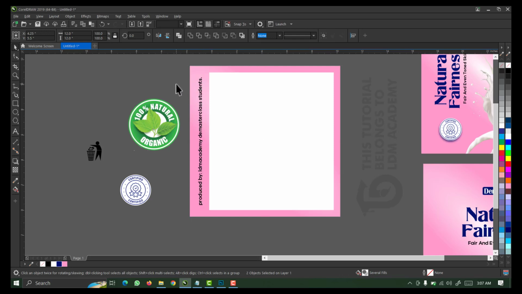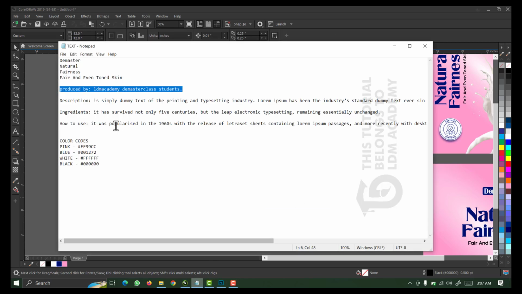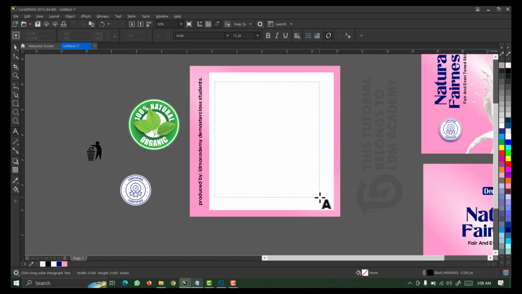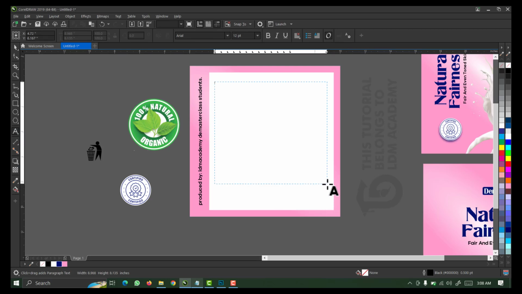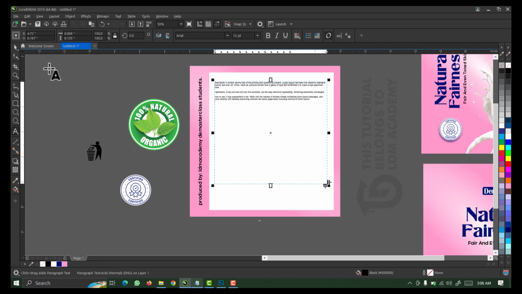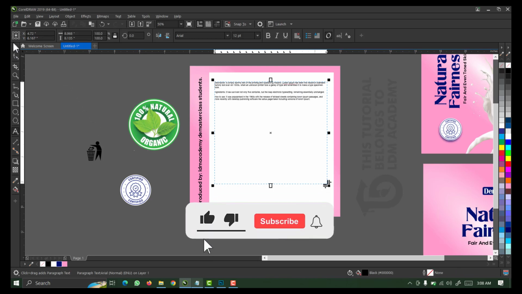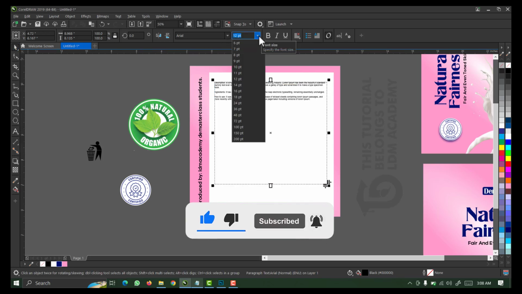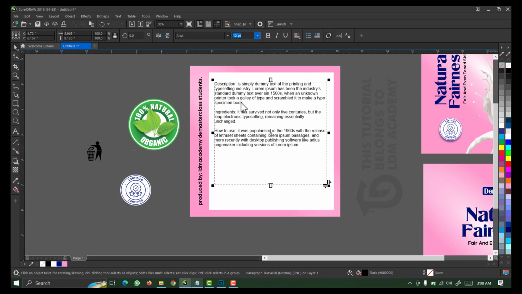Awesome. Then what else? So let me go copy the other text. So I'll copy this. All right, so then I'll click on my text tool. So I'll use the text tool to draw a kind of rectangle like this. Okay, I'll press Ctrl V to paste. All right, then what else? So I'll change the font size. Let's see, 24 should be okay. All right, then I'll